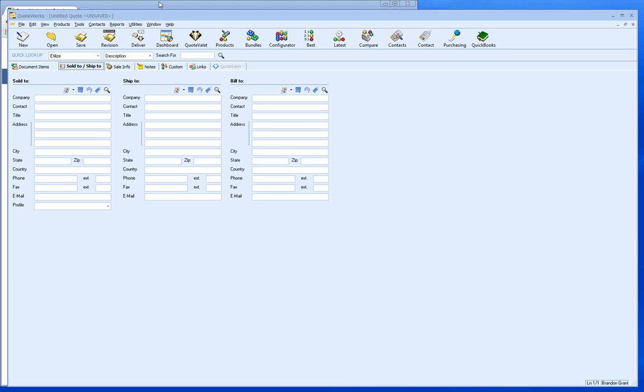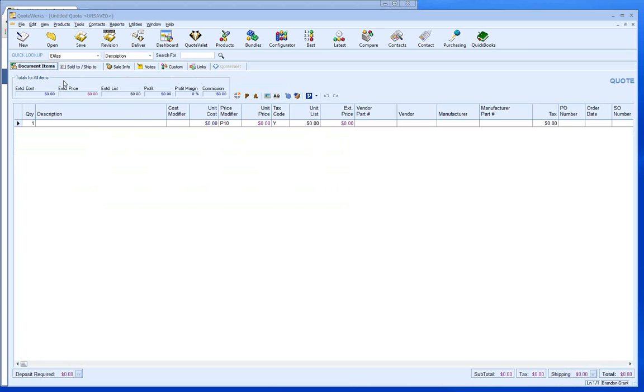So I'm going to go ahead and start from the top. Basically what we're going to do is an overview of the entire software. We're going to start from the tabs, the toolbar, buttons, and we'll actually go through and create a new quote in QuoteWerks from start to finish, so you can see what the workflow would be when using